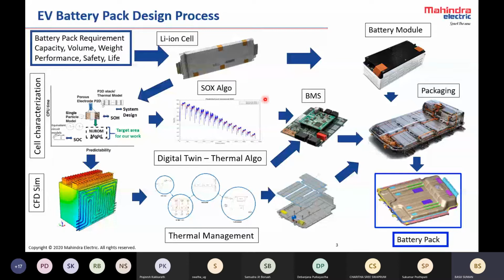So this is the algo and thermal side. Now here is your cell. This is a pouch cell. Of course, there are other cells, like the cells with a metal body, which are prismatic cells. And there are cylindrical cells also. Cylindrical cells are used by Tesla, probably you guys know. But no other large OEM uses cylindrical cells for large vehicles.